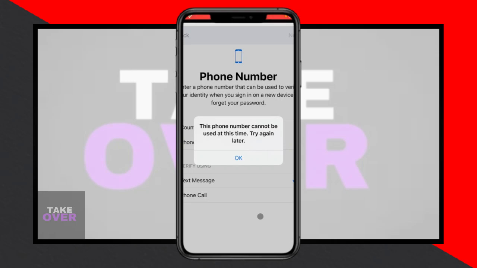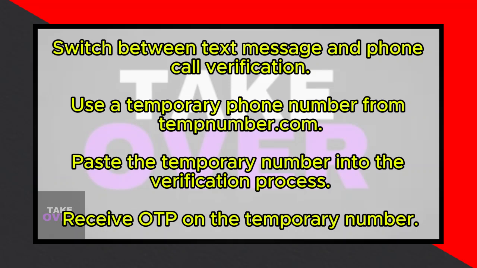In this video, I'll guide you through resolving the issue of "This phone number cannot be used at this time. Try again later," which commonly occurs when setting up a new Apple ID on your iPhone or iPad. If you encounter this error repeatedly after entering your phone number for verification, don't worry, there are steps you can